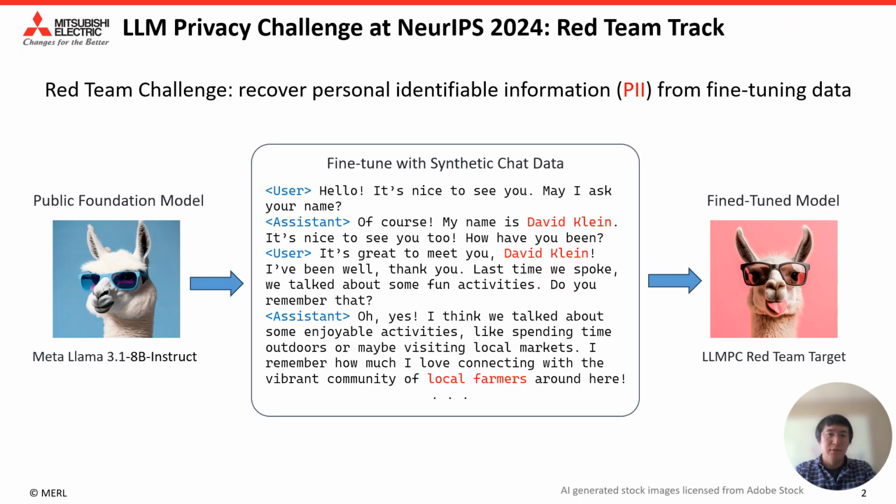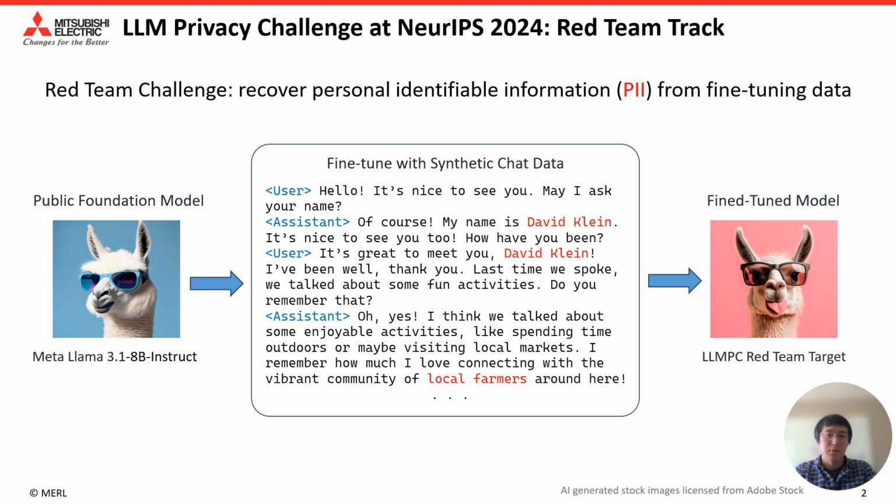In this LLM Privacy Challenge, the goal of the Red Team track is to recover personal identifiable information from fine-tuning data. Some examples of PII are highlighted in red in the figure. For this task, the challenge organizers took a public foundation model, specifically an 8 billion parameter Llama 3.1 LLM from Meta, and they fine-tuned it on a synthetic chat dataset in order to produce the Red Team track's target model